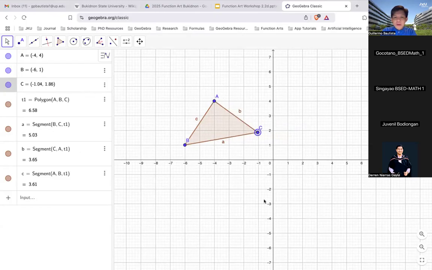I'm going to turn off my camera because the zoom is okay. Okay,